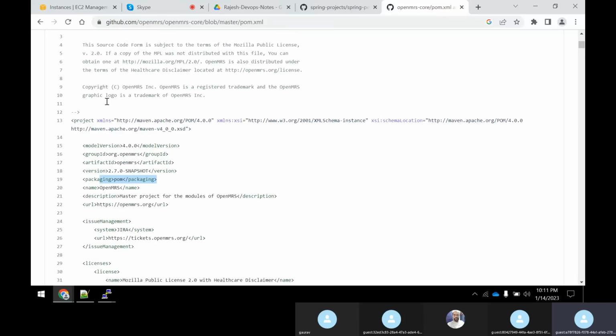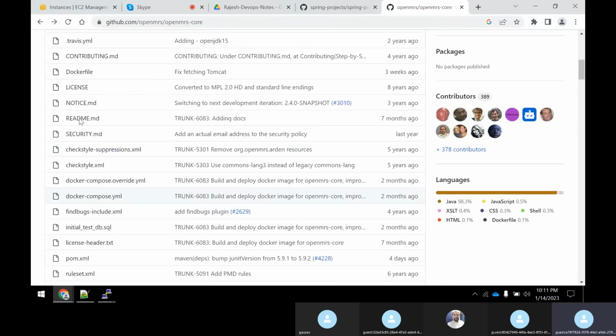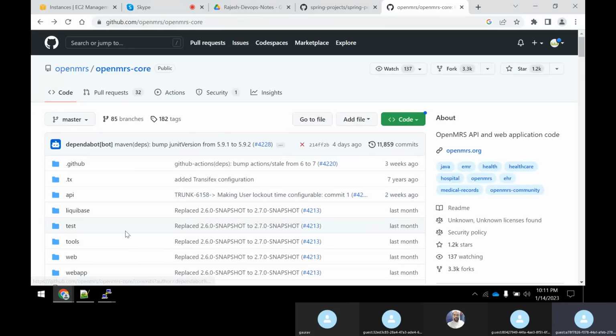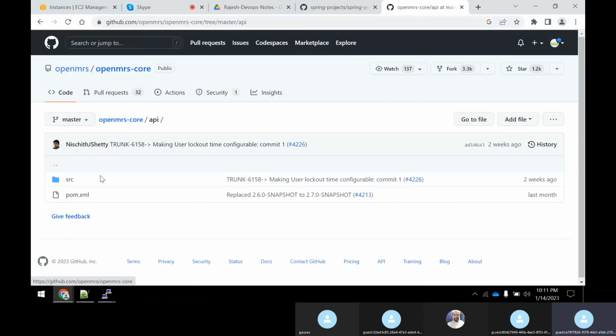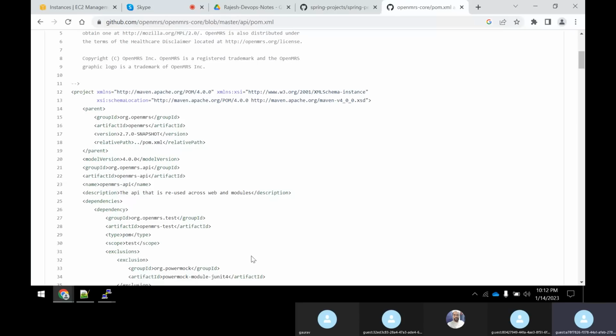And then if you come back here, you could see that you have various other folder structures. Like for example, in a main core project, you could see that there are many other sub projects, small projects, or dependency projects. So OpenMRS is the main core project, but inside you will have many other projects also. Like for example, API. Under API, you could see that it also has an SRC. It also has a pom.xml file. See, this is a pom.xml file.